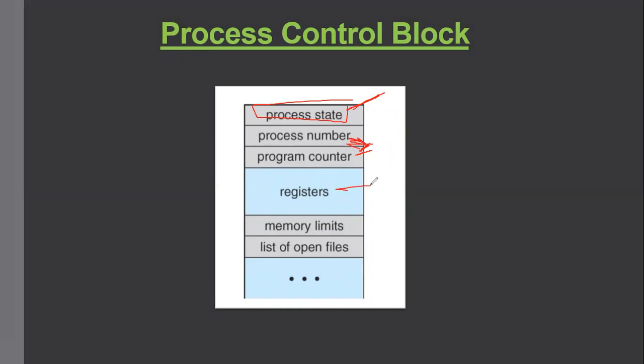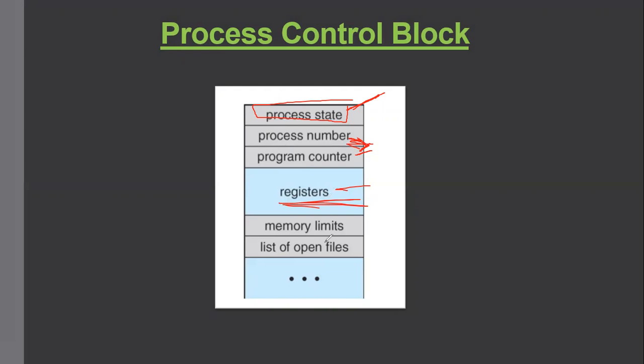And then registers. The registers depend on the computer architecture, I mean the number and type of registers, but basically there are accumulators, index registers, stack pointer, and general purpose registers, and these are used by a process when it is executing. Suppose a process is executing and your CPU switches to another one. First you have to save the register state so that the next time you come back you can correctly continue executing that process. So the state of registers is also saved in the process control block.